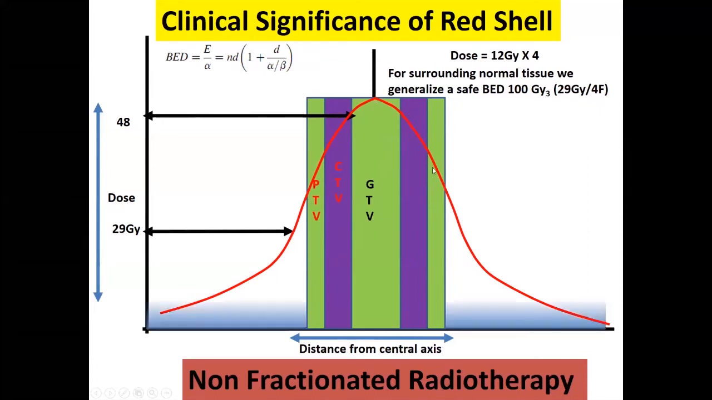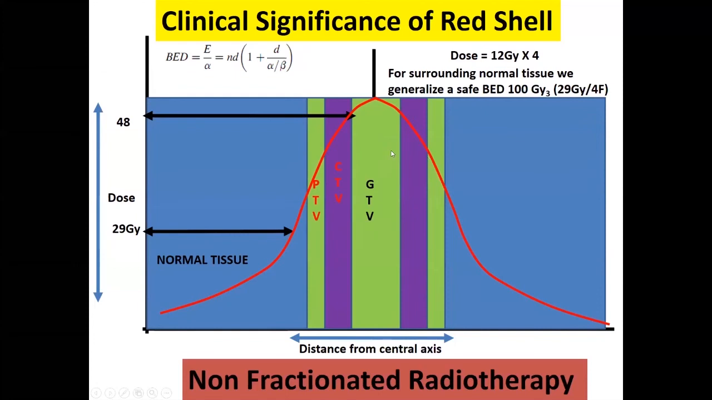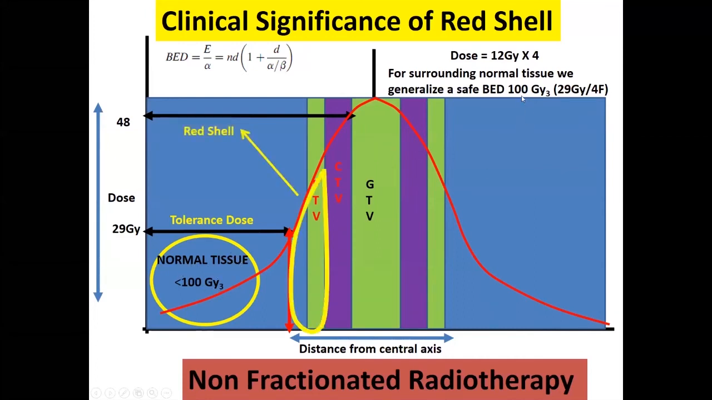Surrounding PTV, we have normal tissue. Now, this is the point of tolerance dose, which means that all the normal tissue beyond this point will receive less than 100 gray 3 BED, which is a safe BED. But the intervening tissue will form the red shell, and this tissue will receive more than 29 gray but less than 48 gray. Again, we presume that on an average, it receives 36 gray to be delivered in 4 fractions,